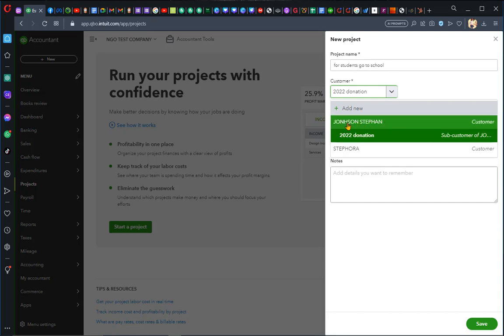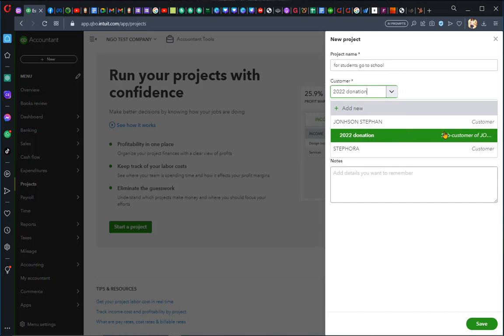Like, for example, this is a customer, but under this customer we created a donation. Same as if this particular customer comes up with another project, we will have to create a sub account, a sub third party or a sub customer account on this customer, which is going to distinguish this particular customer's project